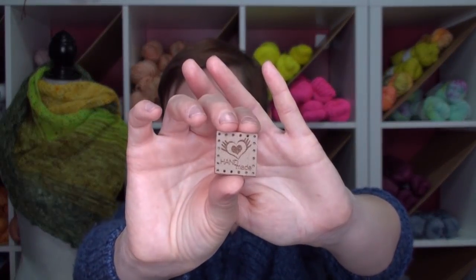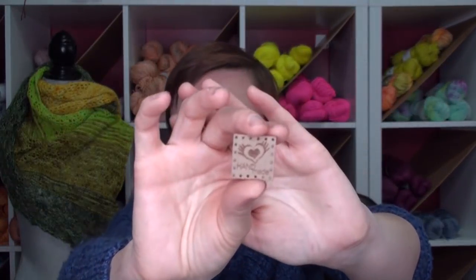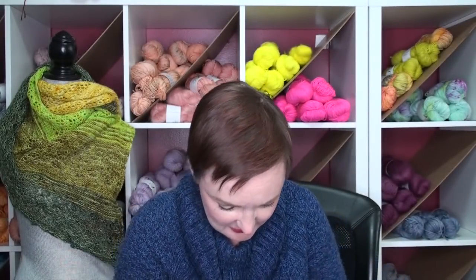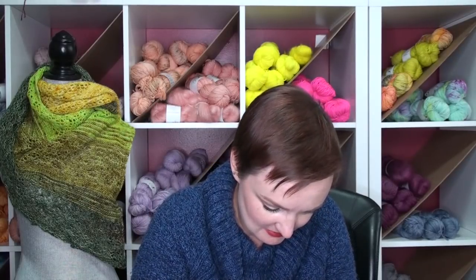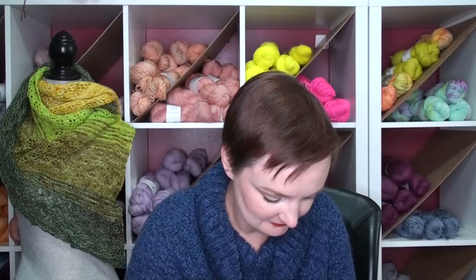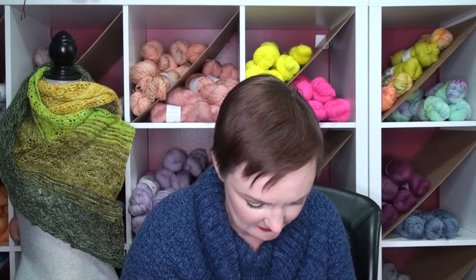There is also a handmade little patch that you can sew on. You can see the little holes throughout. I think you can, so yeah, you can easily stitch that onto something that you've made. What else is in here? She's included, oh wow, so there's a pink one, an orange one, and then these say, I've got some that say 2018 and 2019,